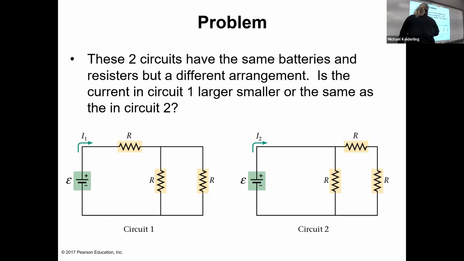Because this will be 1/2 of R, and then they add. So current is voltage over 1.5 R. Well, over here, this is 1 over our total, 1 over R plus 1 over R plus R, which comes out to 2/3 R. And current